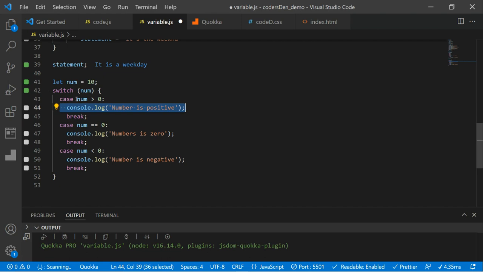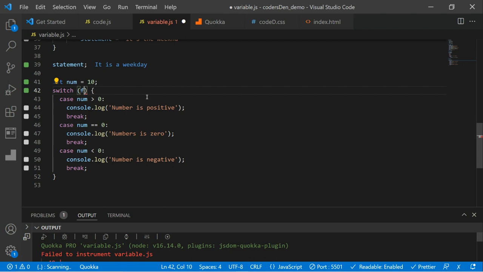But now, when the program checks and finds that 10 is actually greater than 0, that is true. But that true statement has nothing to compare with. The case value that was given is 10. 10 and true, it can't compare them. What it wants to compare is if it's true or if it's false. If I put false here now,